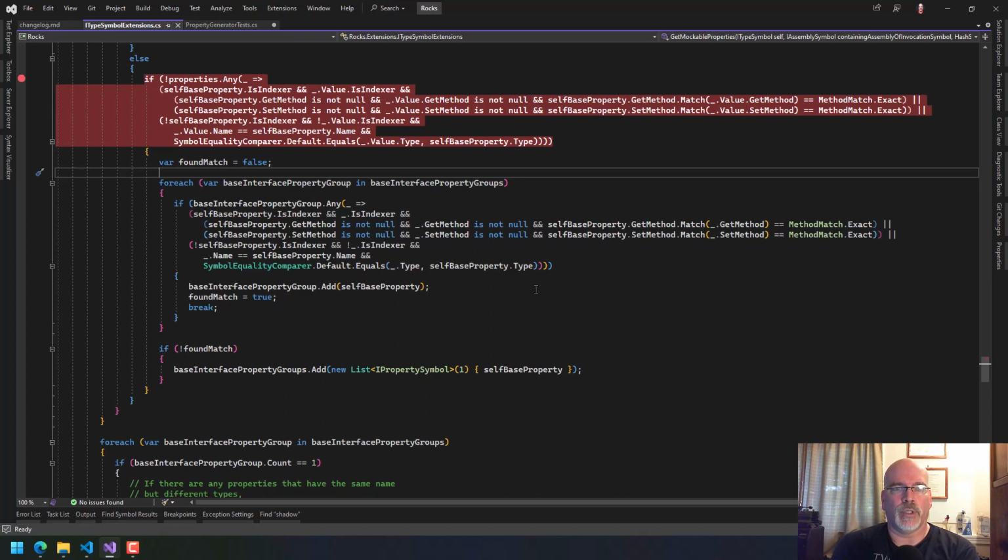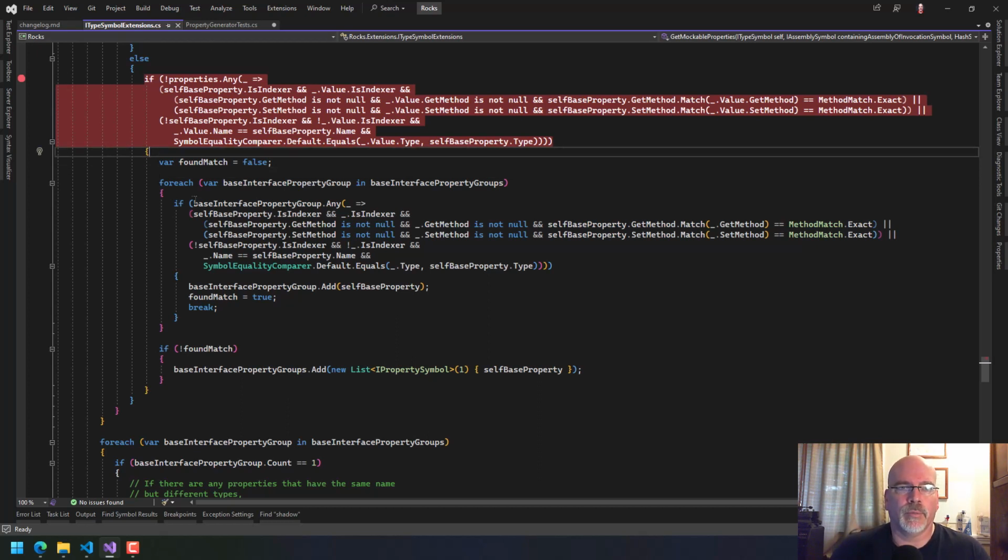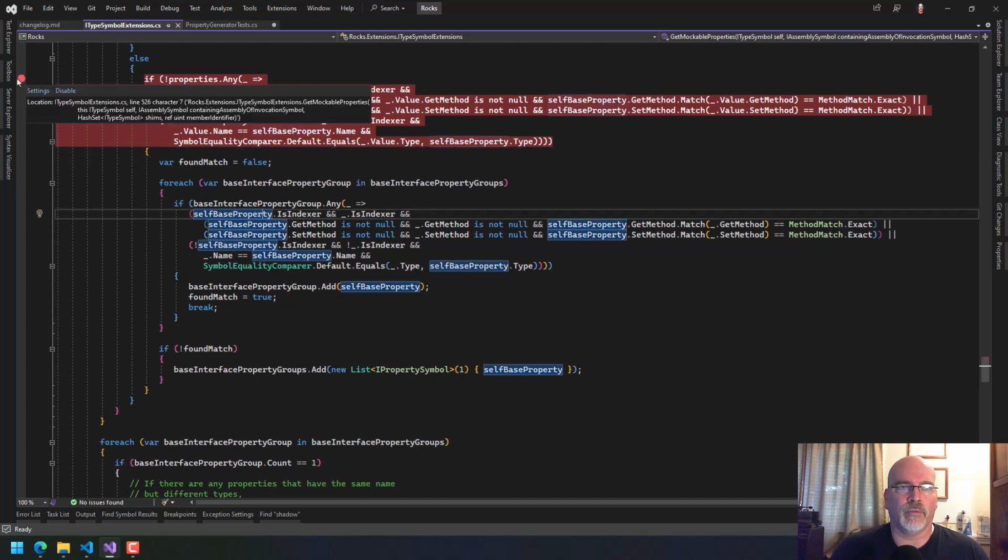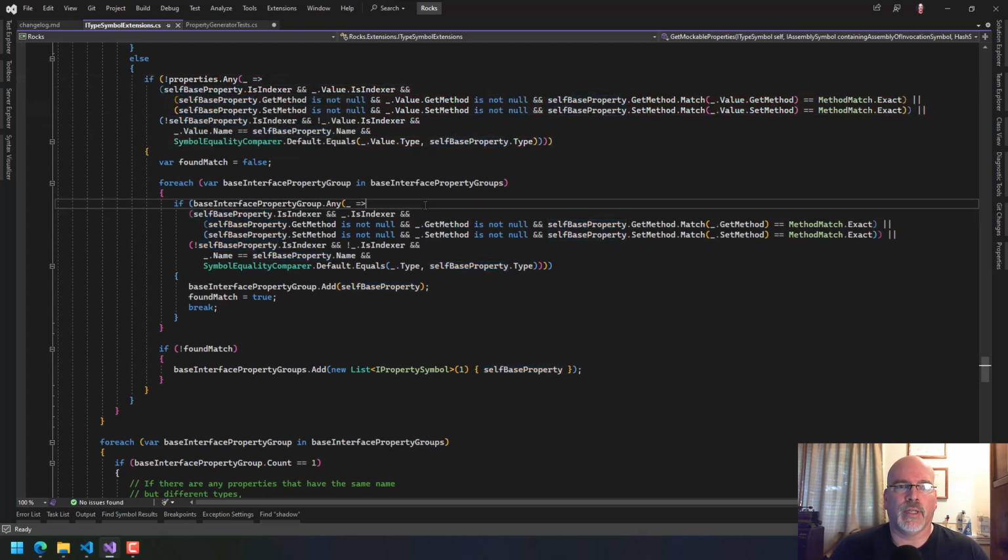Because what were we doing? We say either the indexer part or, I'm sorry, I'm up here. If not, this is just the base interfaces one. Okay. If not any of these, then we need to come in here. So I think if I'm holding my logic correctly, we were saying